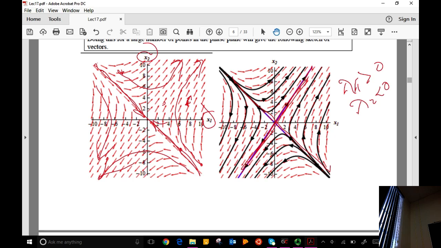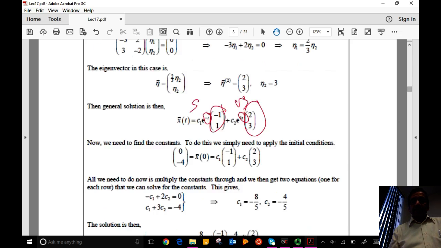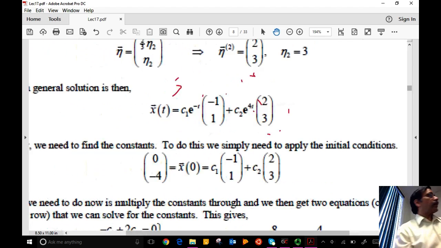It lies on this vector, which means if you go and look at the solution, it has two components here, right, corresponding to each eigenvalue. So let me just blow this. Okay, so if I pick my initial condition such that the initial vector is aligned with this vector, it's right on that vector, then this has no contribution. So this is an unstable mode, but C2 is equal to 0. How do you determine C1 and C2? From the initial condition, right? So C2 is equal to 0, and so this one will appear to give you a stable trajectory towards the